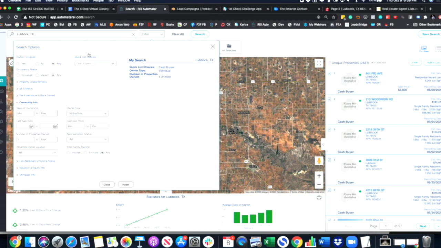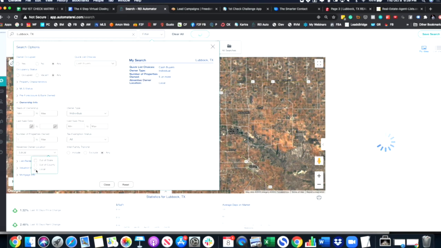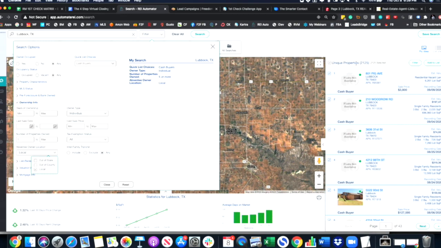So there's 2,331 individual cash buyers that own a minimum of 5 properties right here, which is huge to know, which is amazing. And then you can also do local, and now you get 2,200. So these are local cash buyers that have a minimum of 5 properties. It's individually owned, so their investor owns 5